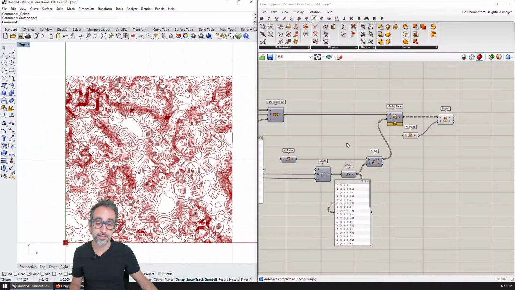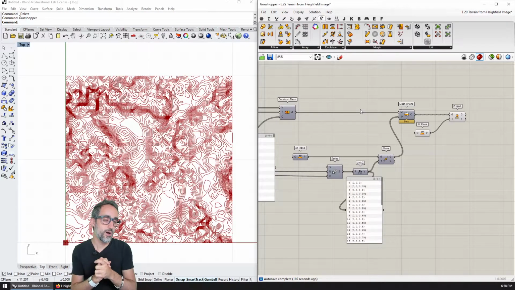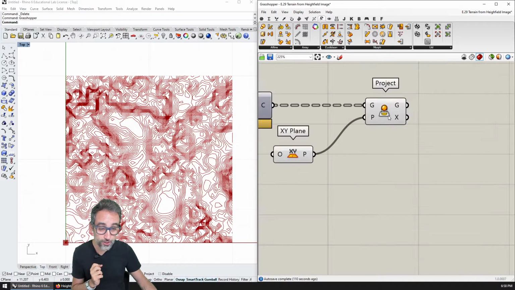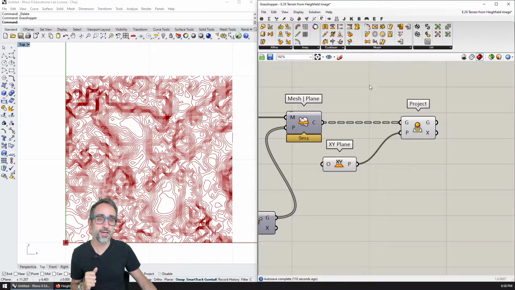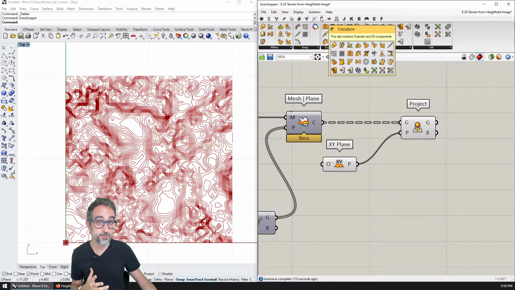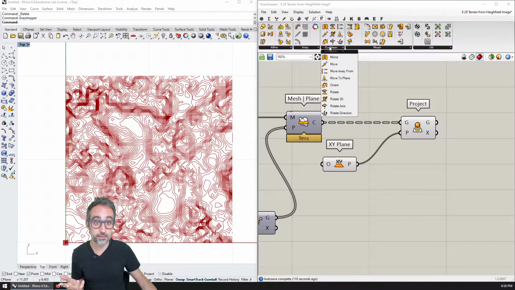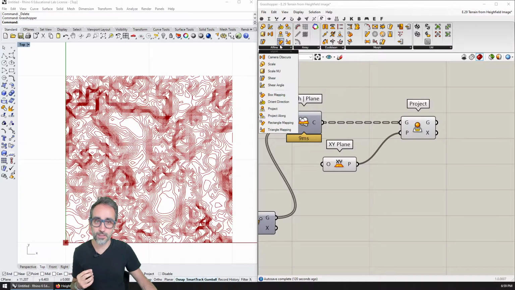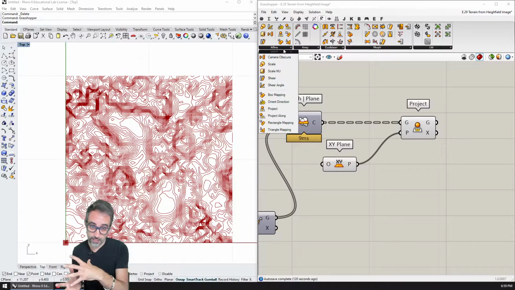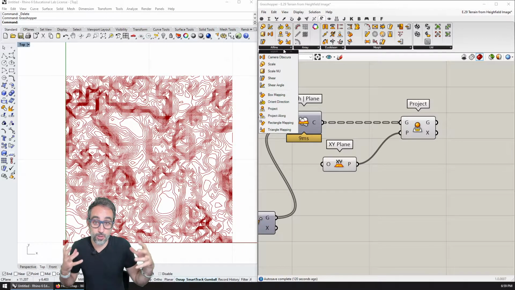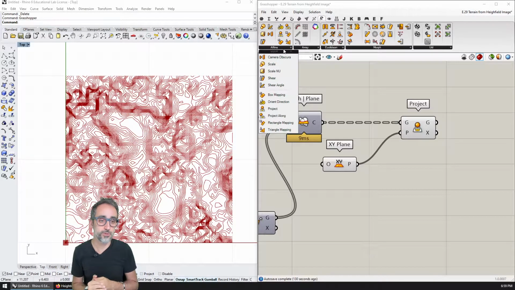It's looking great. Yes, so I forgot to mention that this projection operation that just came out of the blue is actually part of the transformation. So it's not only Euclidean transformations, or moving and rotating, but projecting things is also one of the transformations that we can do, because they actually move them in space and sometimes they scale them, etc. So it's also part of the operations that we can do.